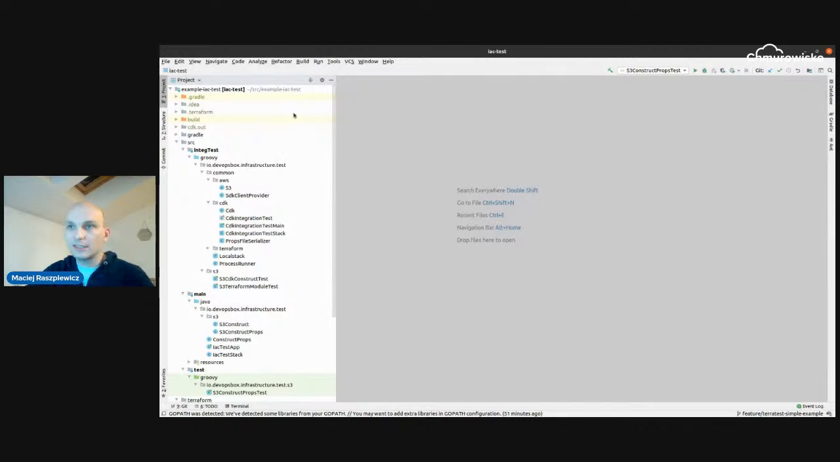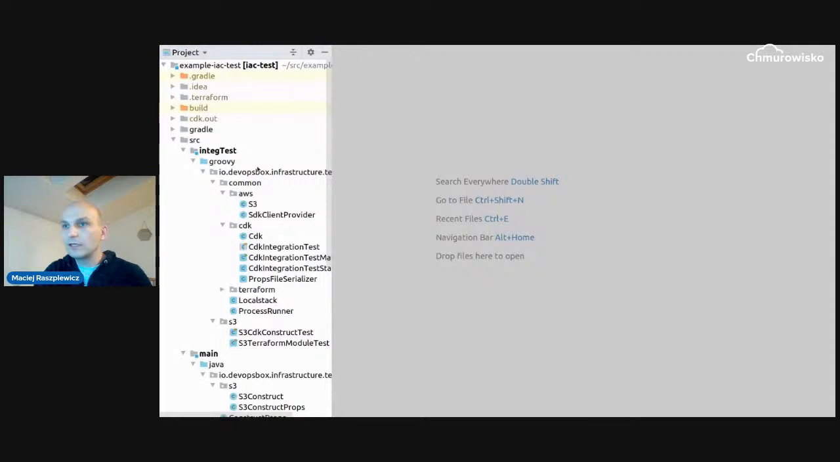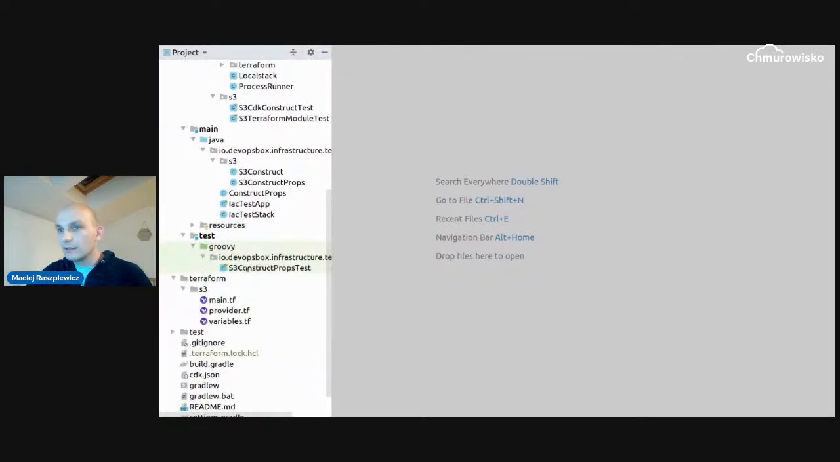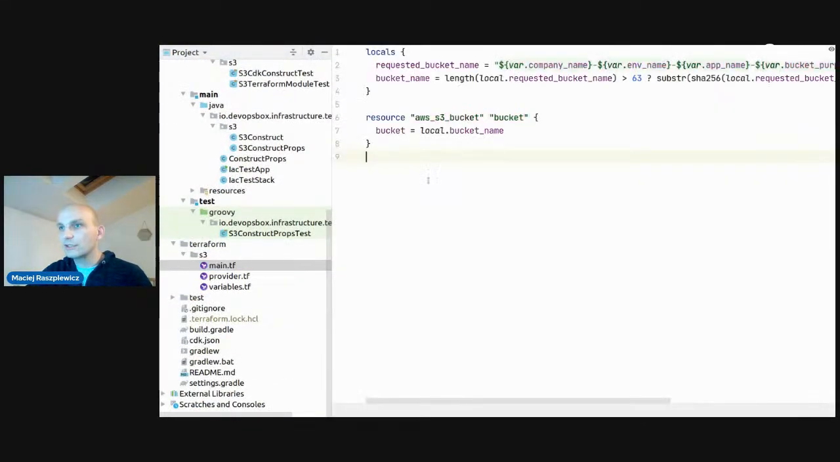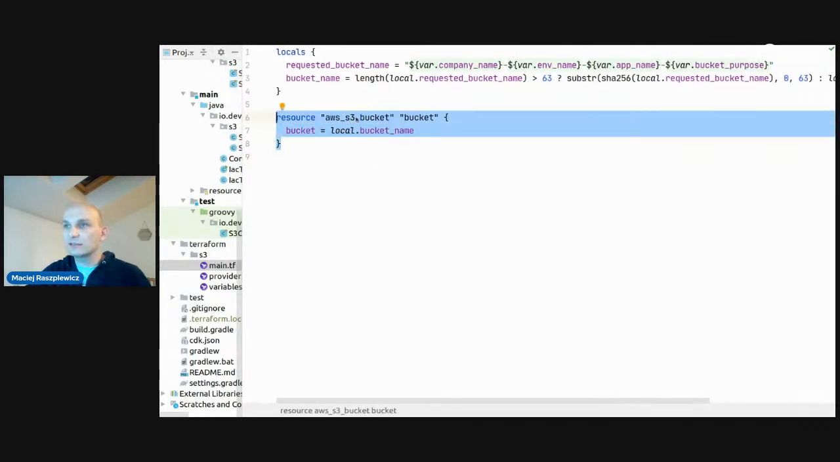You can see my IDE. Okay. So we'll enter presentation mode, and I will show the Terraform code here. The code is really simple. This is our Terraform S3 bucket resource. There are a few local variables, and